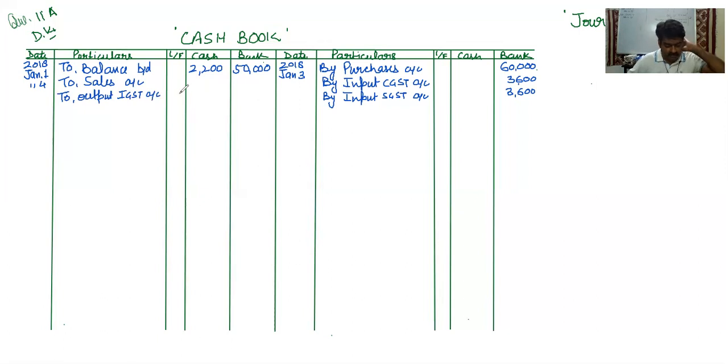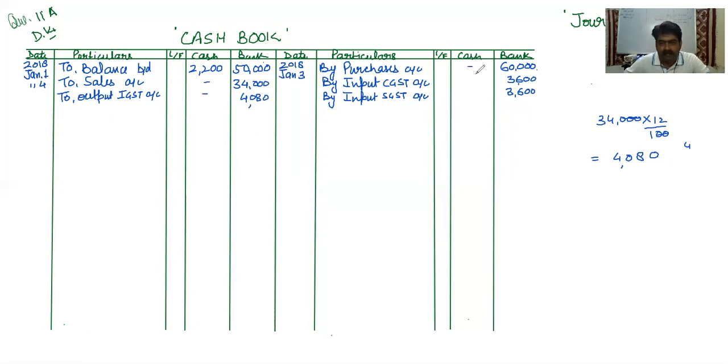Okay. And 40,000 rupees selling price, trade discount is 15%. 40,000 into 15% will be 6,000. So amount will be 34,000. That will come in the bank column, and we have to charge 12% tax. So 34,000 into 12% will be 4,080. 12 fours are 48, and 12 threes are 36 plus 4, that is 40. So 4,080 rupees tax will be collected from this particular party, and it will come in the debit side.